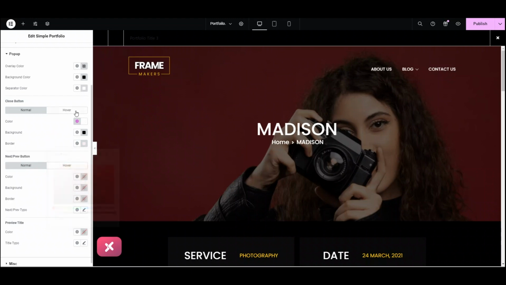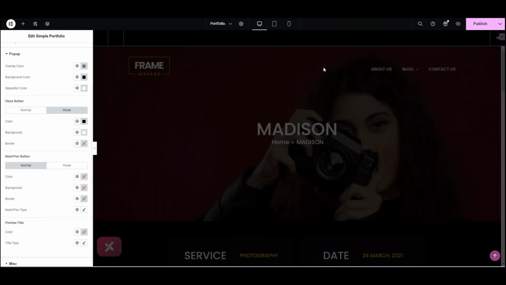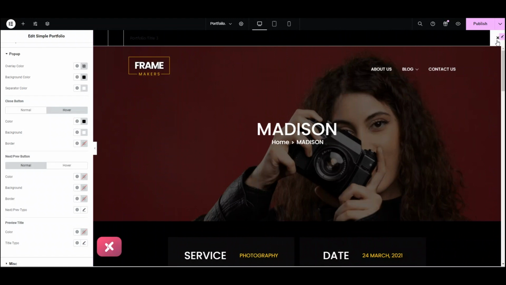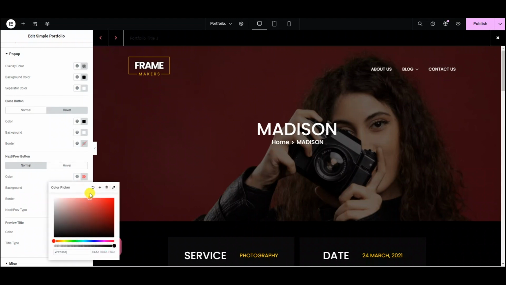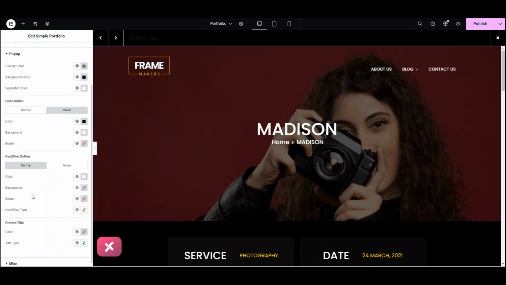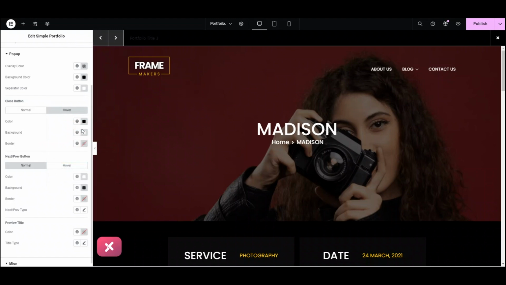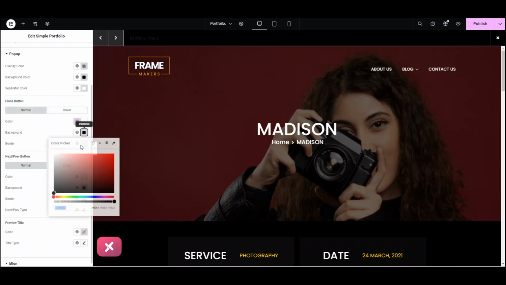Now move to the hover. Let's set the icon color. I guess black is good. Yeah, we just need to change the background color. Click on the item and have a look. Now we can change the color of the navigation buttons, next or previous on normal and hover state. First, let me show you how it works. Let's choose our color. Let's say white and look. Now let's change the background color to black, I guess. Yeah, that's good. I think we need to do the same changes to both buttons. I mean close button and the navigation buttons.